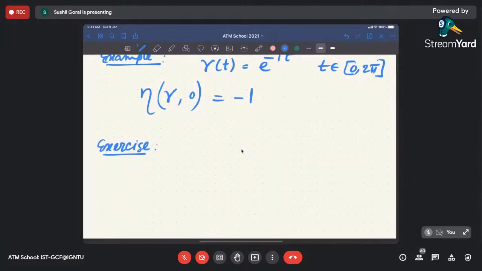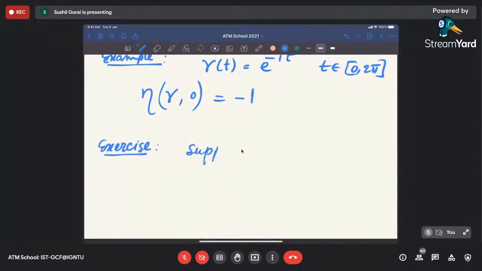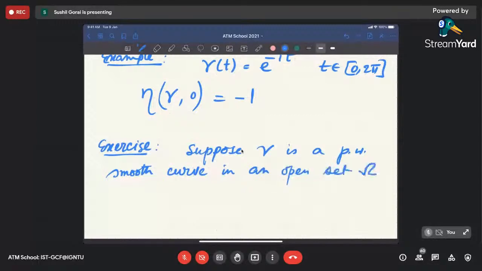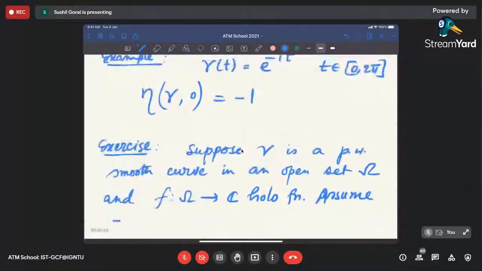So please solve it. Suppose gamma is a piecewise smooth curve in an open set omega, and f from omega to C is a holomorphic function. Assume z0 does not lie in the graph of the curve f compose gamma. Then show that